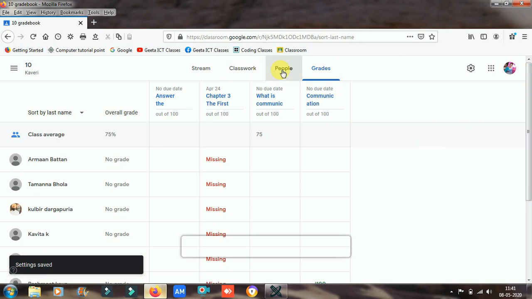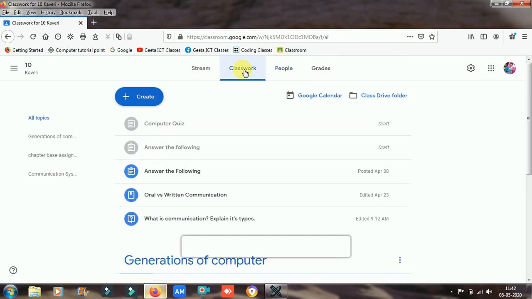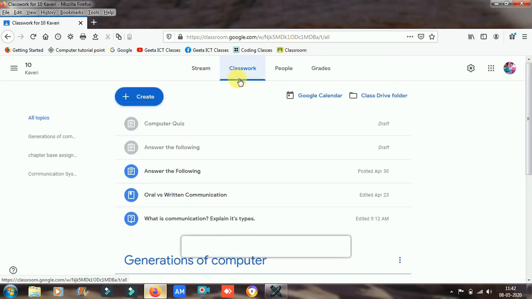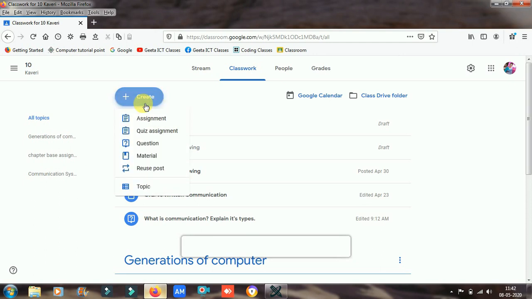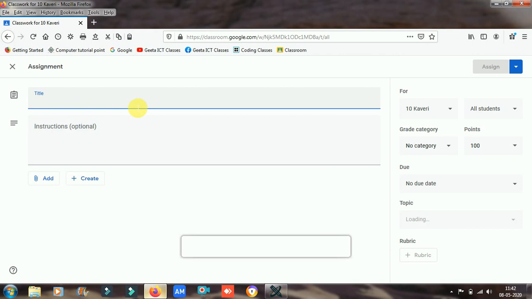Next is, I have told you how you can add the people here, and next is the classroom, classwork, and how you can create the classwork. First of all, this is the create symbol: assignment. If you want to give any assignment to the students, this is the way you can write the title of that assignment and instructions about that assignment, and you can add from Google. If you have created any assignment in Google Drive, you can take it from there.